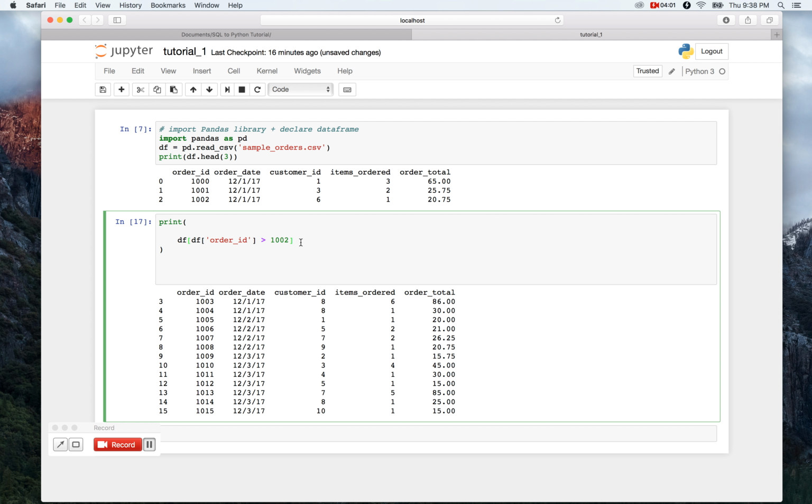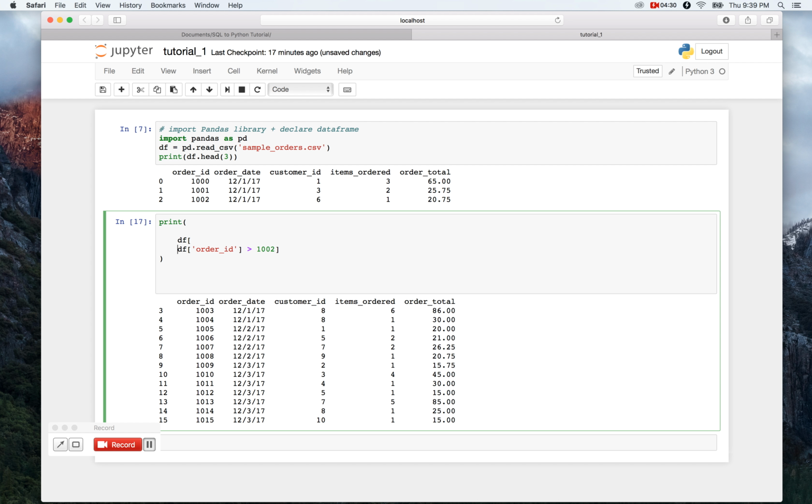You also can use and operators and or operators to get rows that have multiple or one or the other different parameters. So if I want to return orders that are either greater than $50 or were made on 12/3, all I have to do is say,